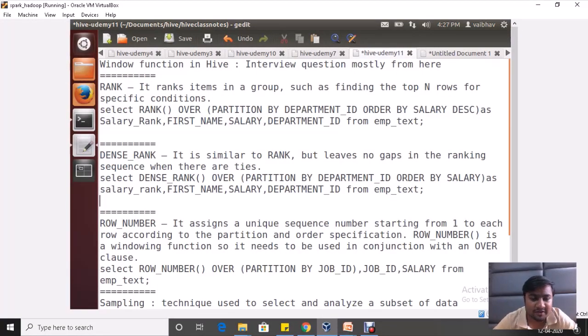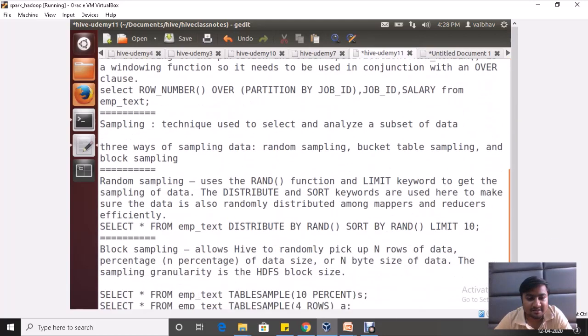This sampling is also very important when someone asks you, okay, analyze data, check what type of data it is, whether it has nulls, the data types, or any special characters. In that case, if I give you a TB of file or hundreds of GB of file, you cannot directly load that into your Hive, or directly open that. You have to use sampling here. So the random function is one of the facilities that you can go with. Another technique